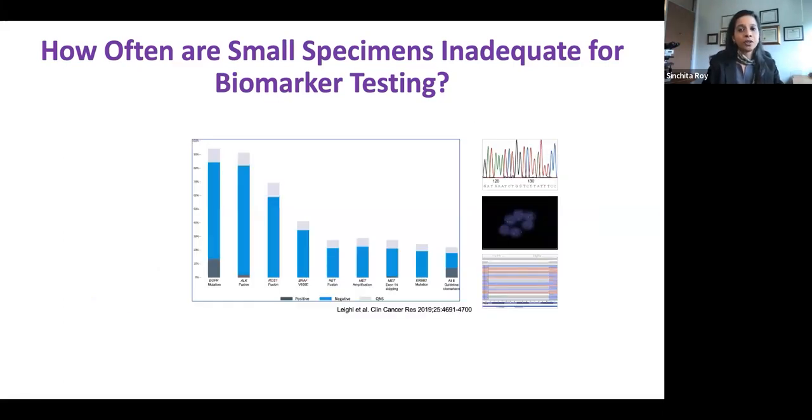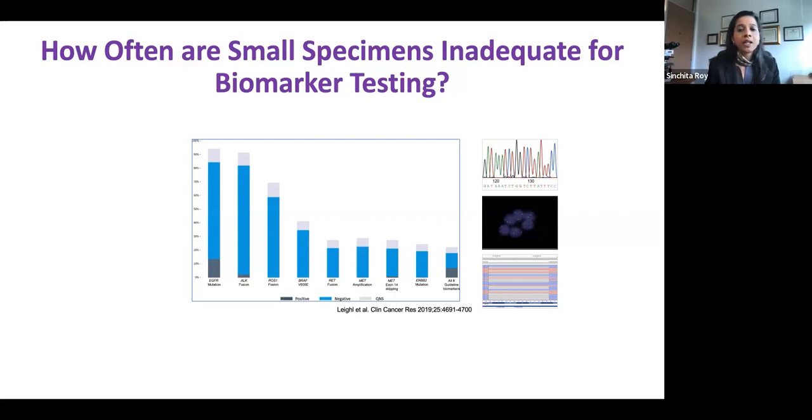And a good example to use is non-small cell lung cancer, because currently in lung cancer, you have 10 biomarkers that you're required to test. If you look at the guidelines for biomarker testing, there's 10 biomarkers that you have to test. And if you take an example, something like ALK, there's a whole multitude of ways you can test for ALK. You can do IHC, you can do FISH, you can test ALK by a molecular method. And so if someone is testing each of these 10 biomarkers by single gene assays, you may actually end up running out of tissue if you're using a small specimen.